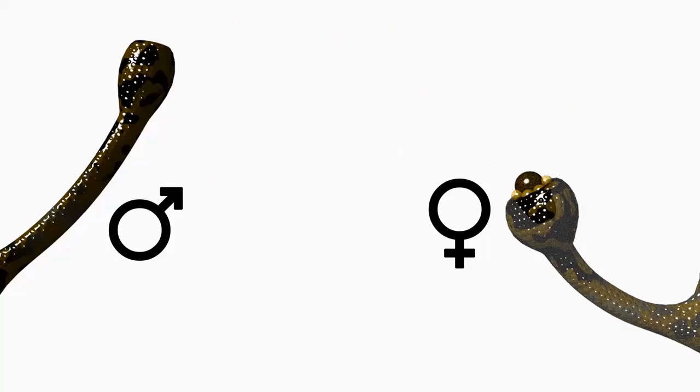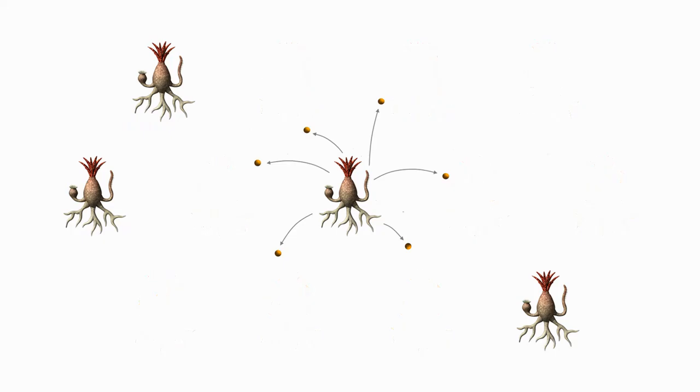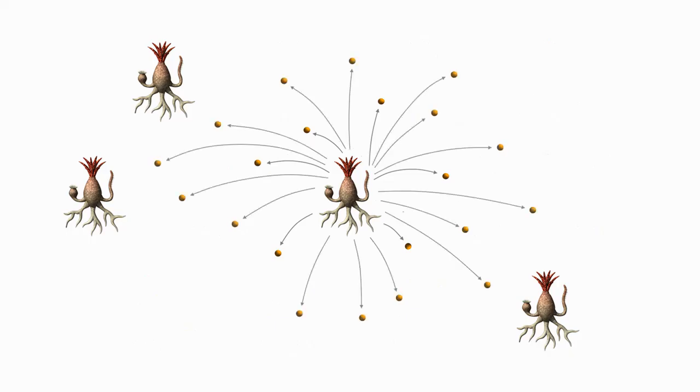fertilization can take place. This works well enough at high population densities and in more hospitable climates, since the higher the concentration of plants in a given area, the higher the chance of the gametes landing on a gametangium. But in the desert, the asexual colonies may be separated by enormous distances, which may be impossible to bridge just by relying on favourable wind conditions. One of the only ways to improve the reliability of this system would be to produce enormous quantities of gametes to give more chances for fertilization to occur, but this would be extremely inefficient and a huge waste of precious resources. To overcome this, the tylophytes will need another, much more targeted mechanism of dispersal, which may come in the